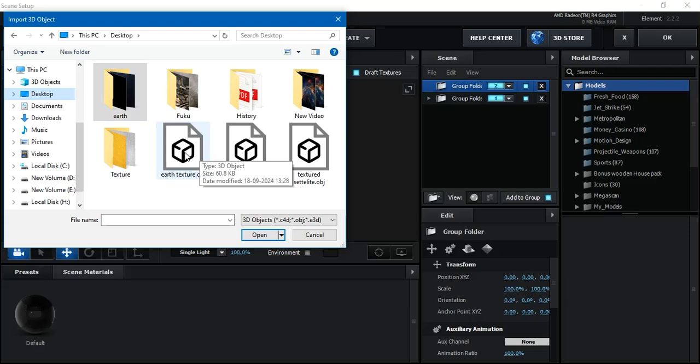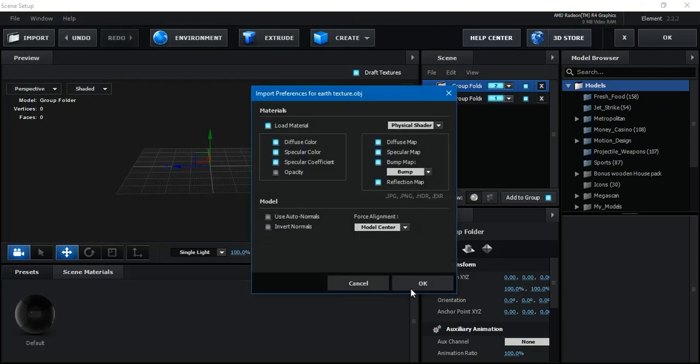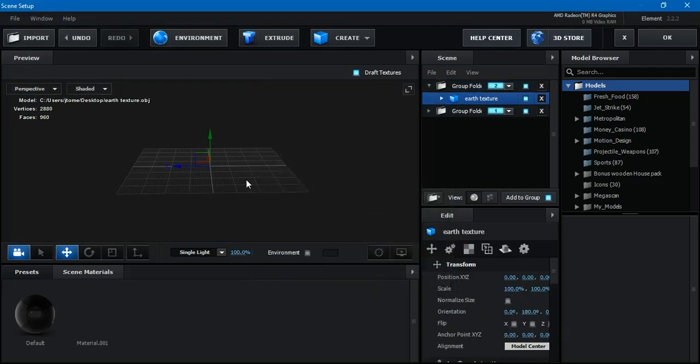So we have exported it here. Click OK and open it. Yes, now the Earth model appears here. We have to scale it up about 1000%,